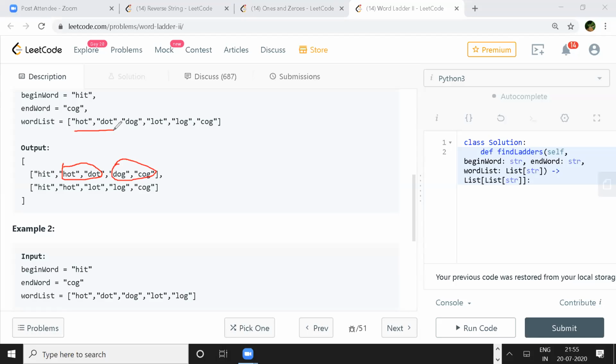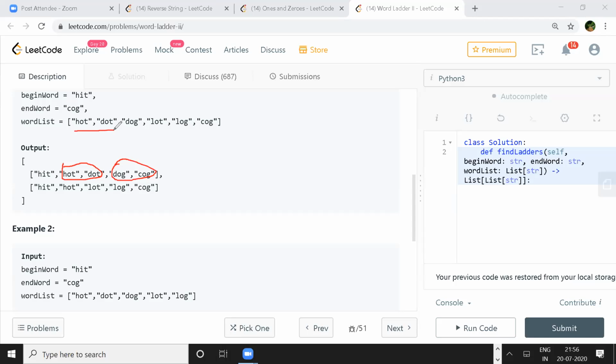Yeah, that will be better, because that's a small optimization you are doing. But I was just wondering, when you are outputting them, they won't be in the order which this might be looking for, correct? Because hot and dot are next to each other, which is fine, but dog and lot are also next to each other, which they don't belong. If you do a sorting, maybe, I'm not sure though.